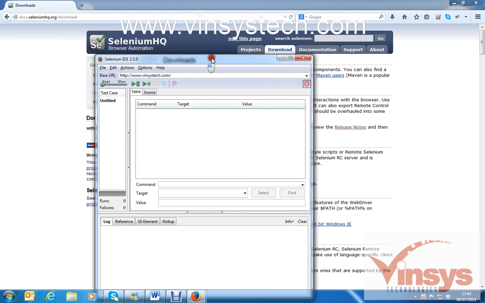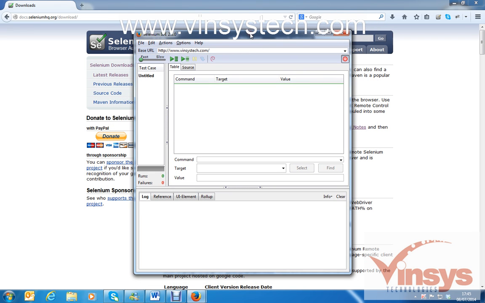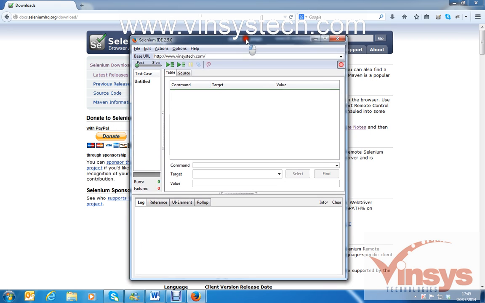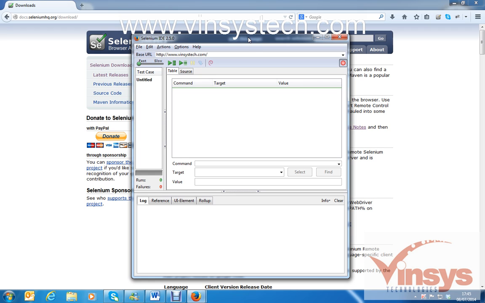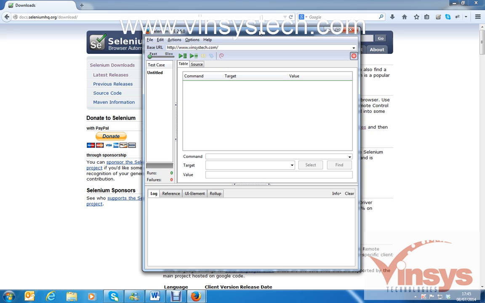So this is the Selenium IDE, and it's a record and play tool. If you know QTP, in QTP you also have record and play options. Selenium IDE is the same: it records user actions with the browser and you can play them again and again. Basically, Selenium IDE is used for quick exploratory testing. If you put the mouse over the red button at the top right, you can see it says recording now, click to stop recording.